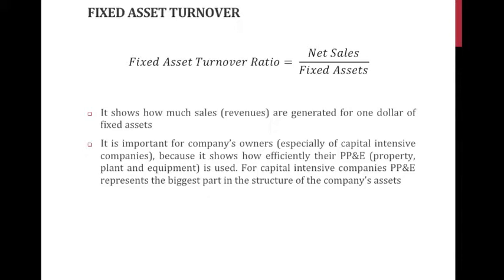Of course, if the indicator is going up, that means that additional fixed assets do generate additional net sales, and that's fine, and a company can be happy if it has such a trend. Maybe one tricky part I would like to mention about that indicator: if we talk about net sales, more or less everything is clear. Net sales represent all the invoices a company is issuing, but the tricky part is with fixed assets. For example, in some cases that indicator might go up, but that does not indicate any increase in efficiency.